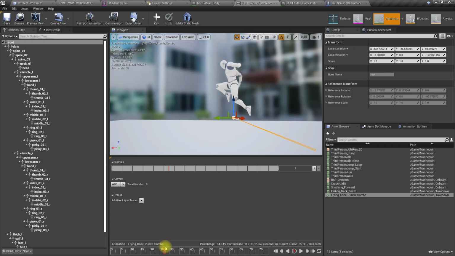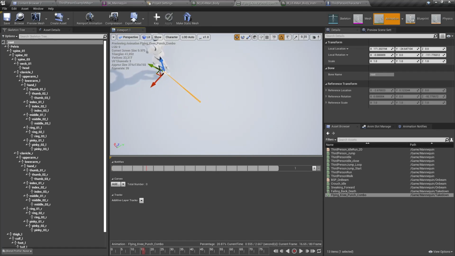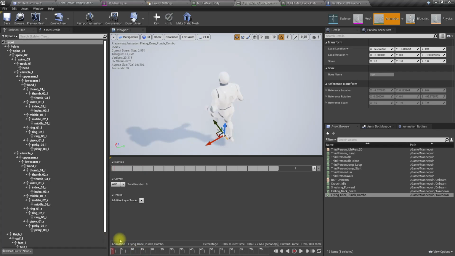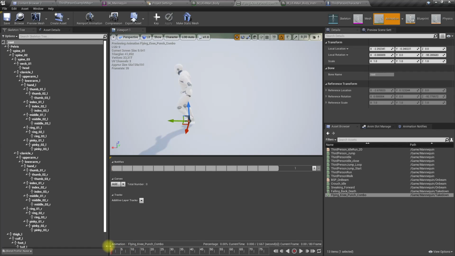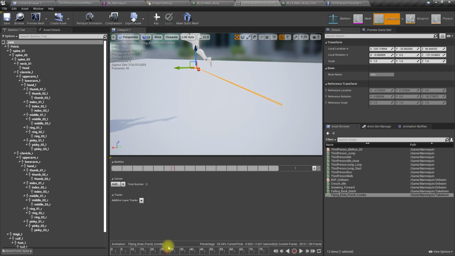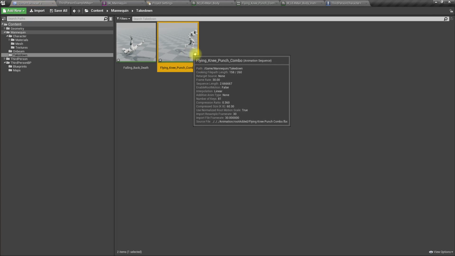So first, I don't need to start from this point because the character here is starting from a location. If I am on a beam, then I will not be able to do this part. So I want to start from this part, the ejecting part, and then the taking down part. So first let's go here